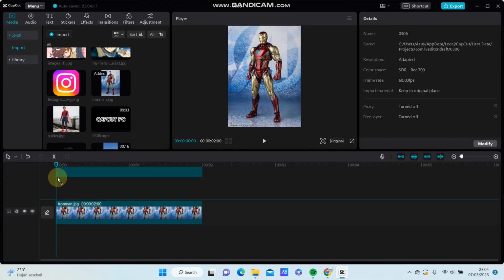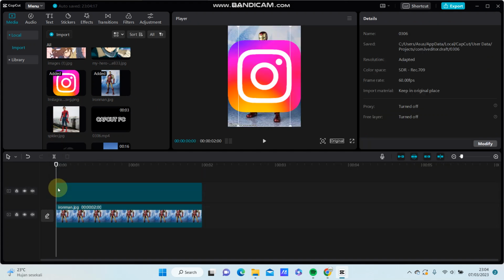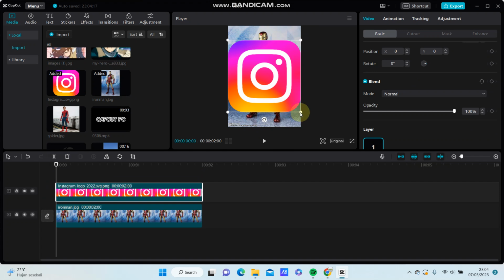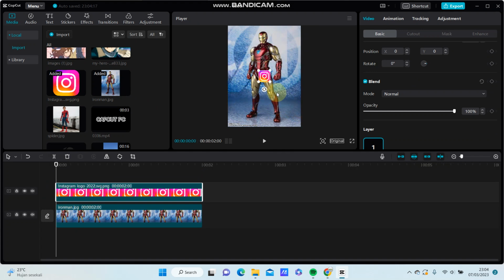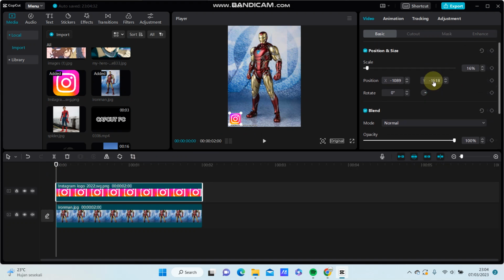So make it an overlay, put it on top of another clip, and resize just for position. So how you can use keyframe to make it moving. Make sure you're on the first frame and select the position and size, and at the right